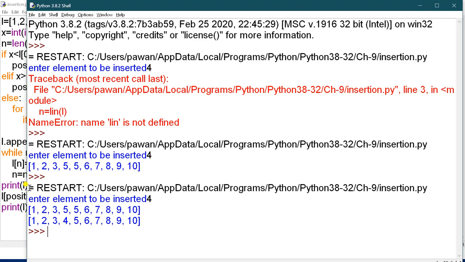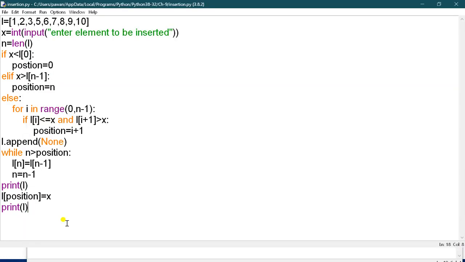So now you will get the list, that is this one. Earlier the list was this, now the list has changed, so the 4 is inserted at the correct place, okay. So you have to just remember that this list should be in a sorted way, okay, because here we are performing the operation on a linear list, okay, so it should be sorted.